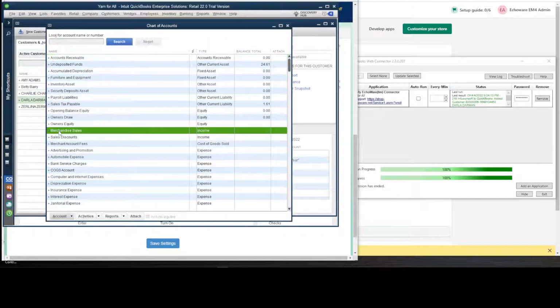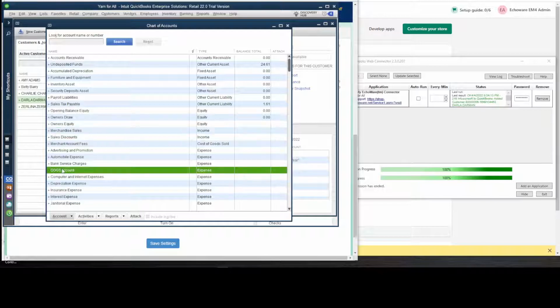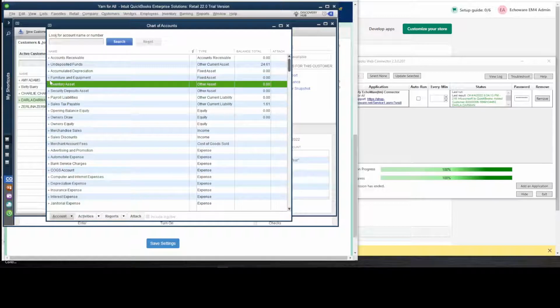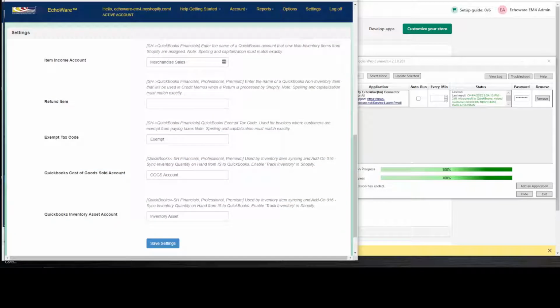So the merchandise sales must match your cost of goods sold account. And then if you're syncing with inventory items, then you have to have your inventory asset account. These all must match exactly: spelling, case, and spacing. Okay. While I'm here, we're going to be syncing orders after we sync inventory items, and you're going to want